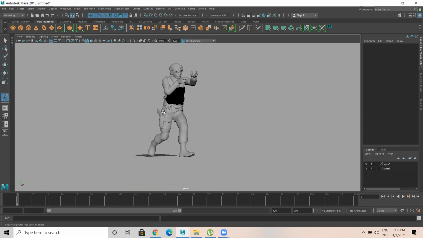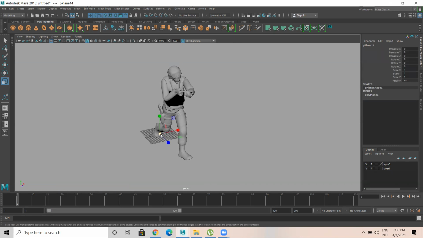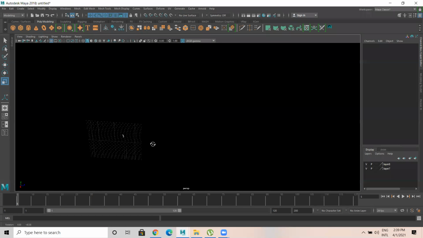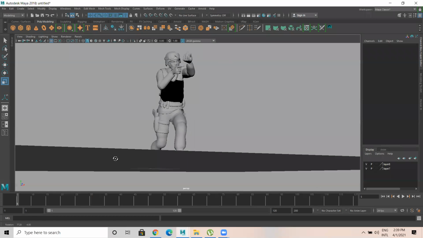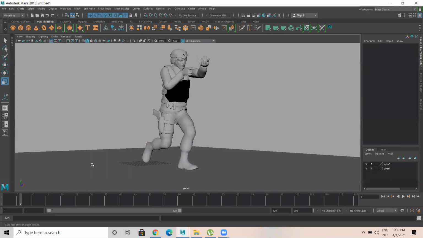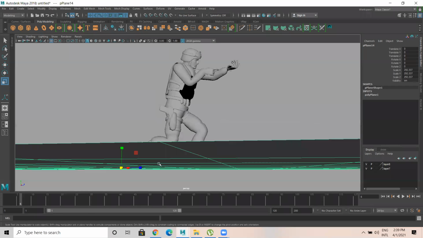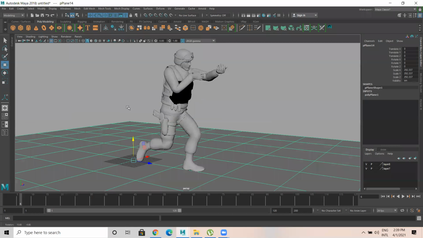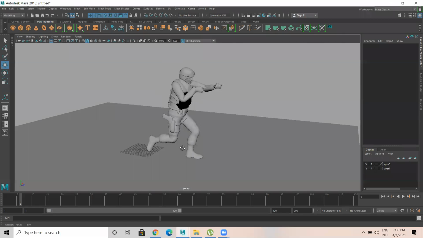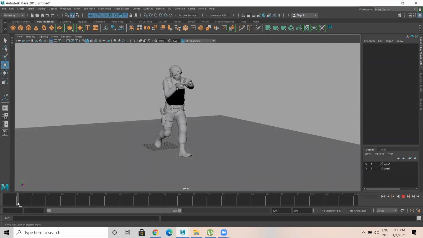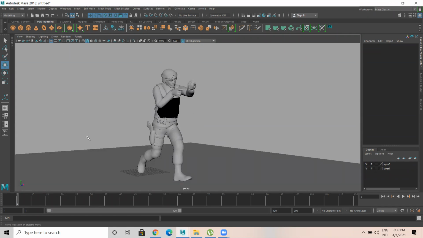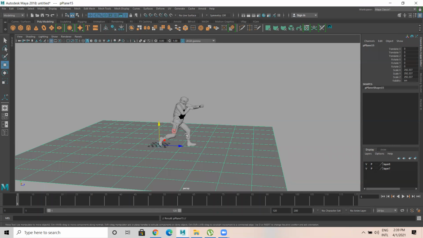Now we need to create a setup, a light scene, especially for the character. So first thing, let's have a base where the character is going to set his foot, the placement. And now let's have some background also.